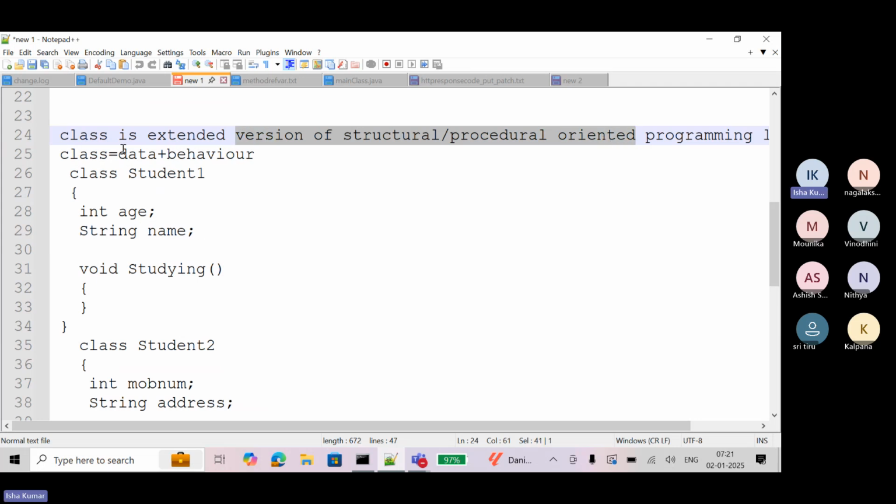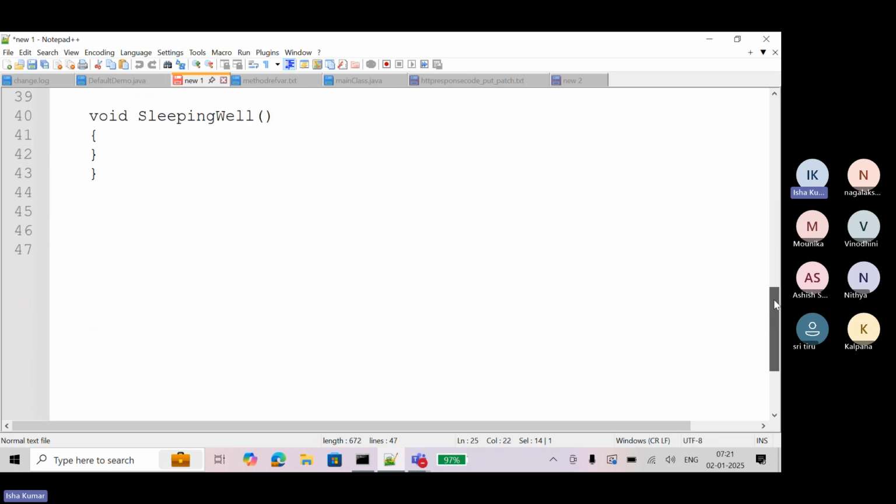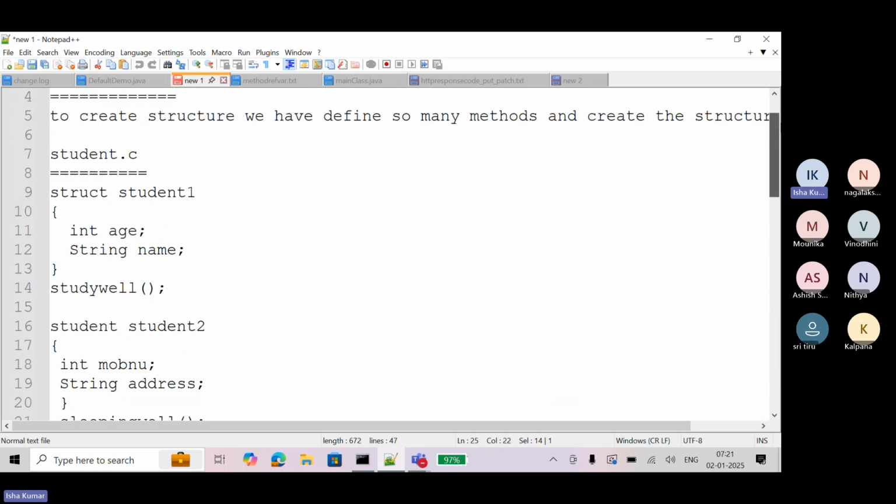The first definition I told you: class is equal to data plus behavior. Class means which binds the data and behavior together. That is class. It is an extended version of structural procedural oriented programming language. Right. Now,